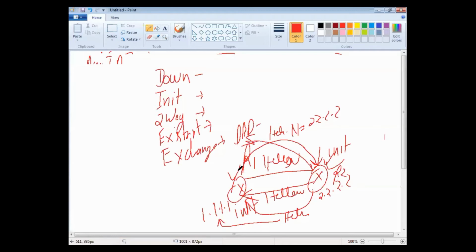R1 compares it with its own topology database, and checks whether it has to share something back, or whether R2 already has the latest information which R1 has. So again, it will go to loading state.